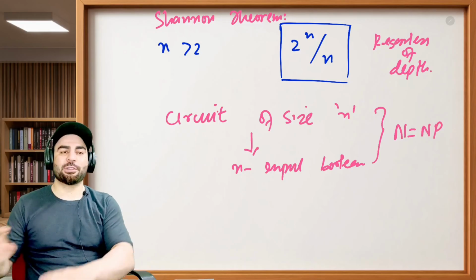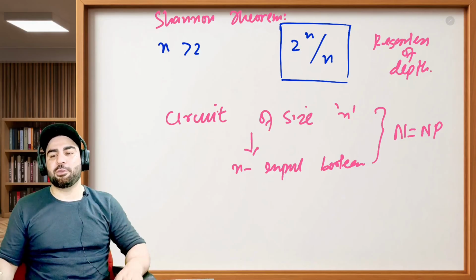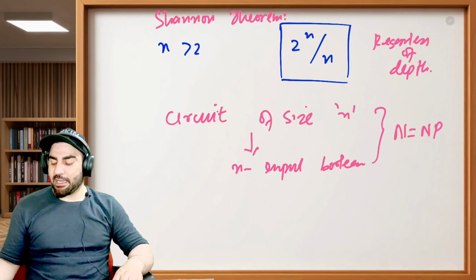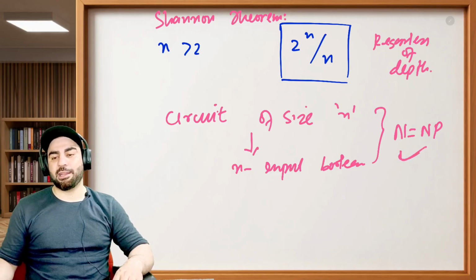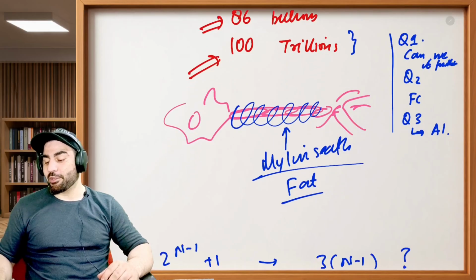If you somehow prove that you can have a circuit for all these n-input Boolean functions where you can compute the whole thing in polynomial time in n, then you are indirectly proving P equals NP, and you will get a $1 million prize. So that's the first question asked. Very good question. Can you reduce it? Question second